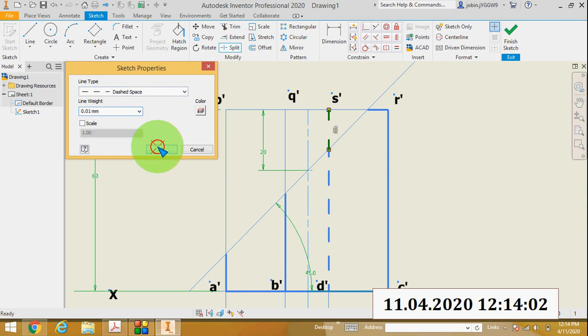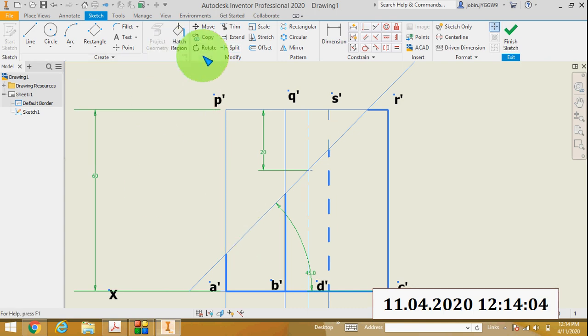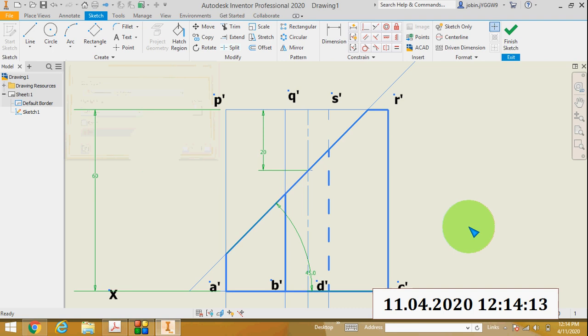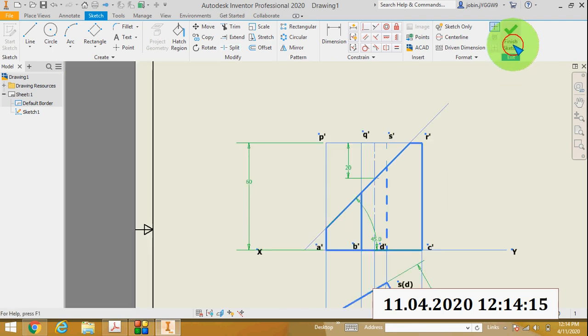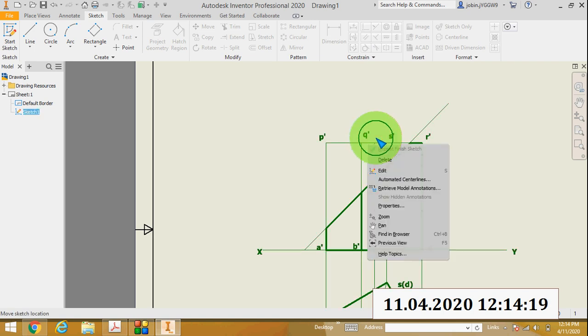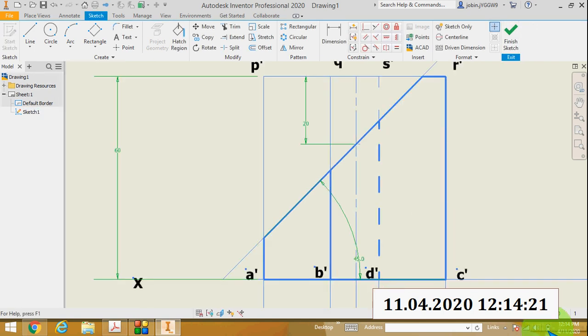Decrease the thickness. Then I will dark the section portion. So this is the final front view. You can see this is the final, because this portion is actually removed with the help of this cutting plane. Then the next step is